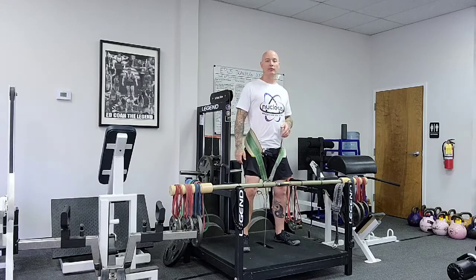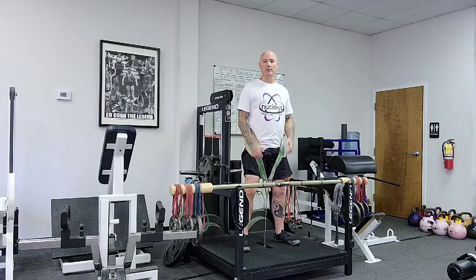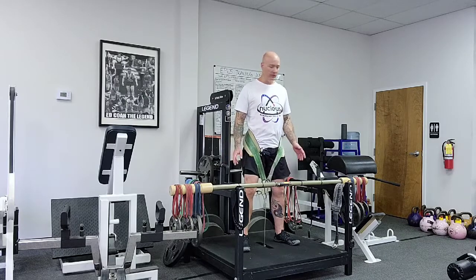They'll do the curl carry for a minute, set it down and walk for a minute. And then they'll finish with the Zercher carry for a minute, and that will complete that 5-minute round. So I just want to demonstrate the 3 different holds with this bar, and what you're going to see is